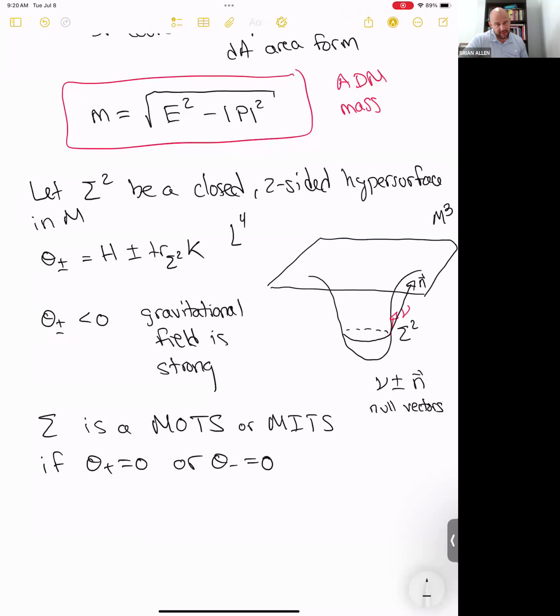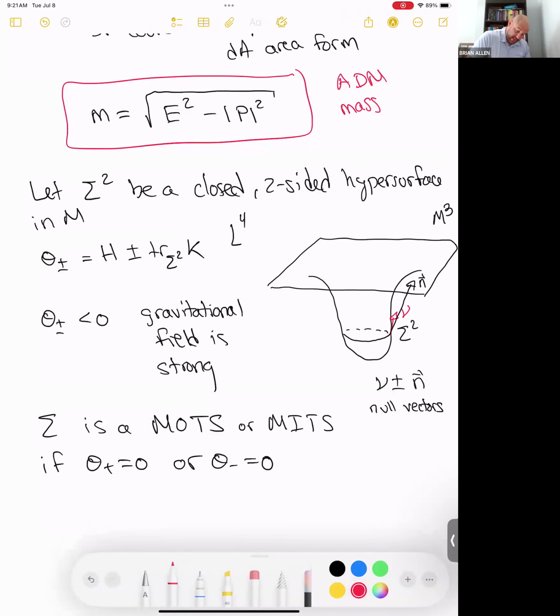And we call these future or past apparent horizons, and they naturally arise as boundaries of what we call the future and past trapped regions. So basically the regions where these surfaces are trapped in the sense that theta plus or minus is less than or equal to 0, meaning that the light is trapped inside of those regions. Okay, great. So this is going to give us an idea of where the boundaries of these black holes should be. And we need one more